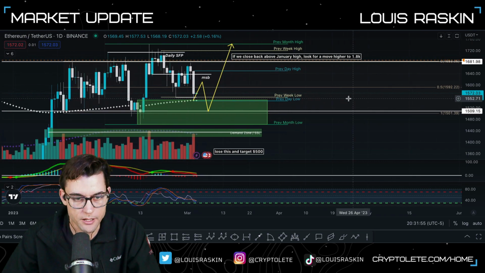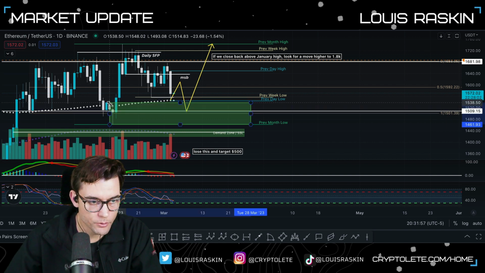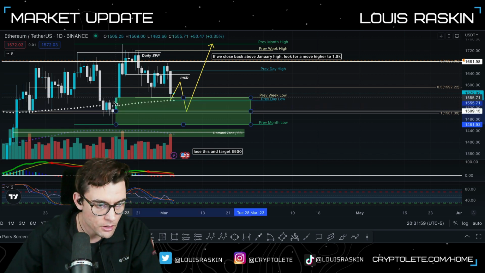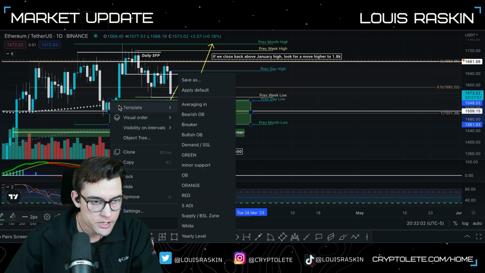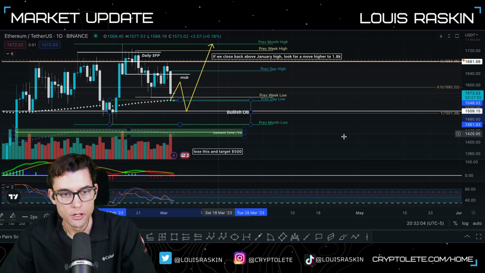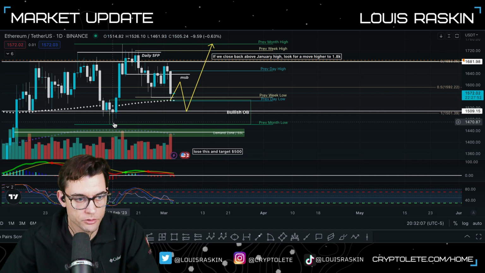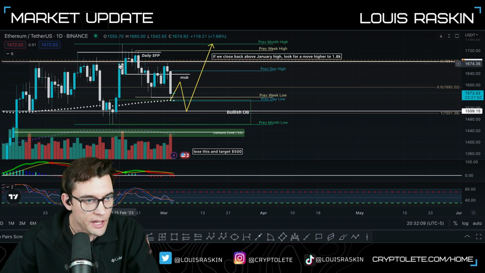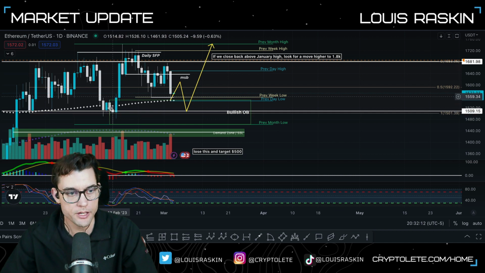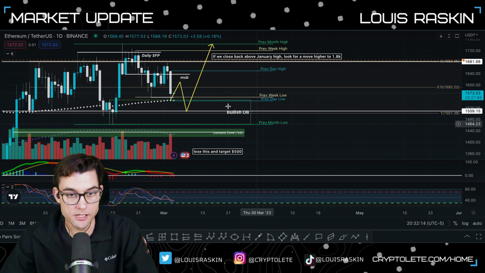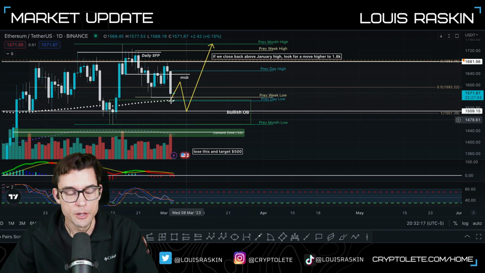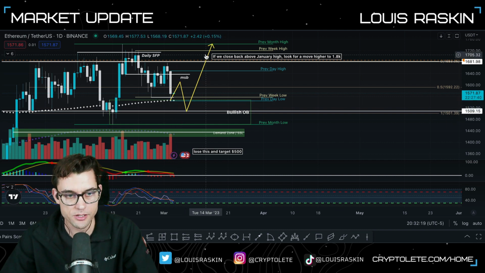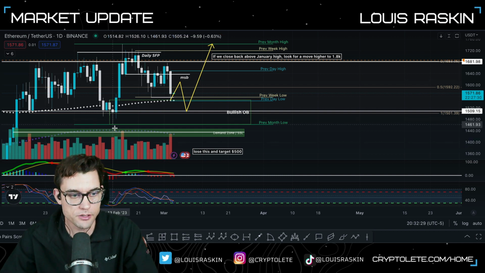But before I do any of that, what I want to do first is this. I want to plot this out as the bullish OB right here, down move before the up move. Yes, that broke this market structure. So this right here is the bullish order block. And this is a pretty big, this is very big. So price, maybe it just tapped it once and it's going to go up, or maybe it's going to come into it, like completely into it, and then move up. It just can't fall underneath here. If it falls underneath here, that's not good.